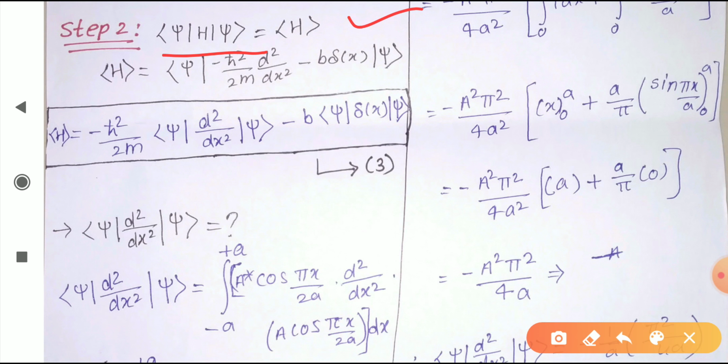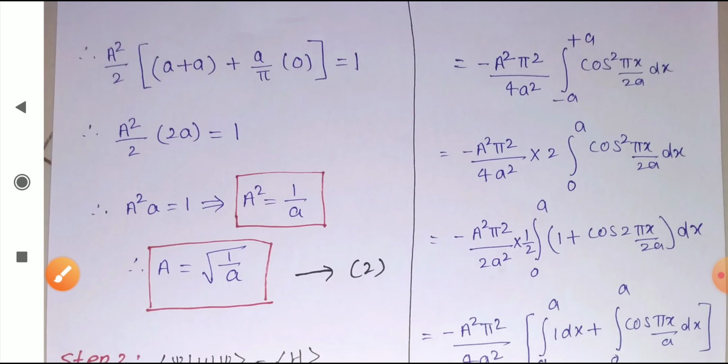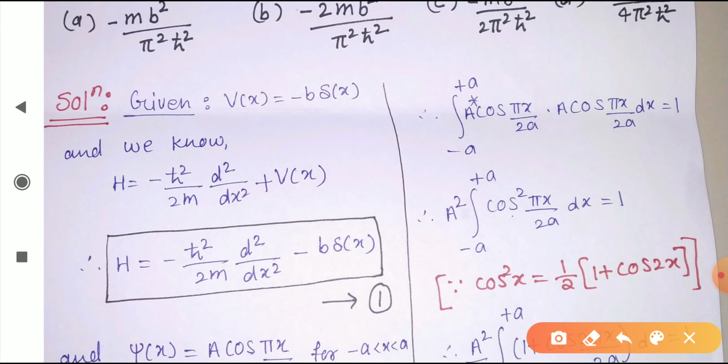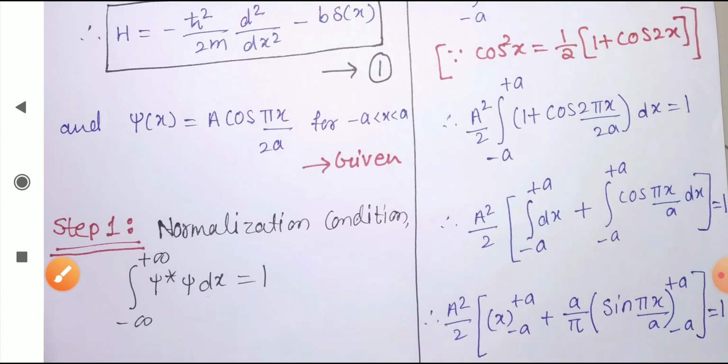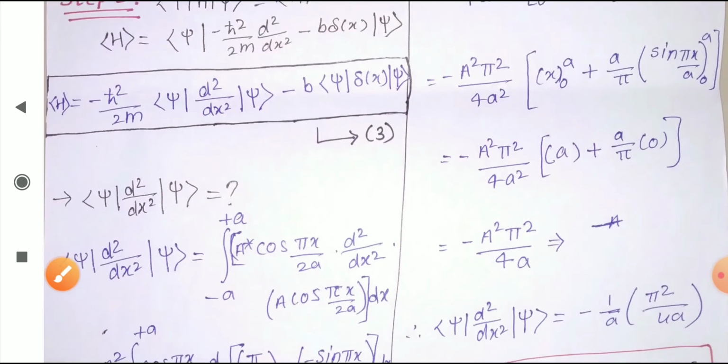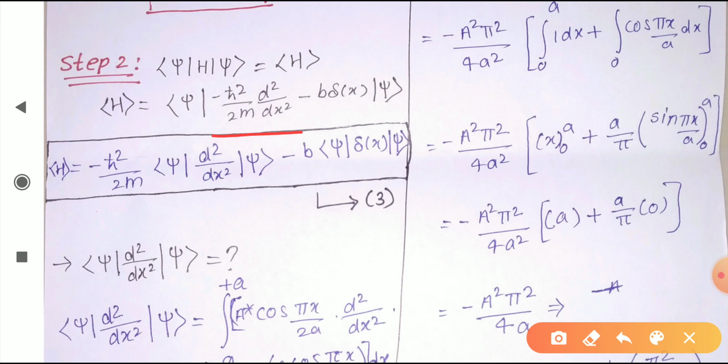So now what we have to do is, see, this H value, I can first write in brackets, we will write this as it is, and then the H value we will substitute here. Okay, the Hamiltonian equation, this we have got. So first we will substitute here as it is. See, I have substituted this H value here as it is. Now we can separate into two parts. So here minus h cross upon 2m is constant, I can take outside, then inside we'll get only this term. Here minus b is constant, I can take outside, and this term inside we will get.